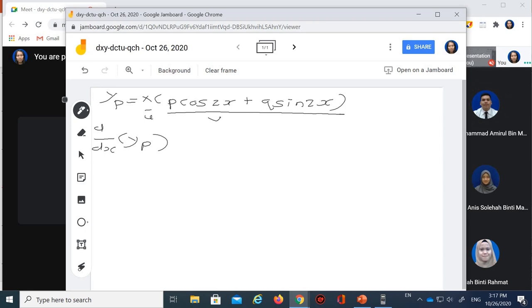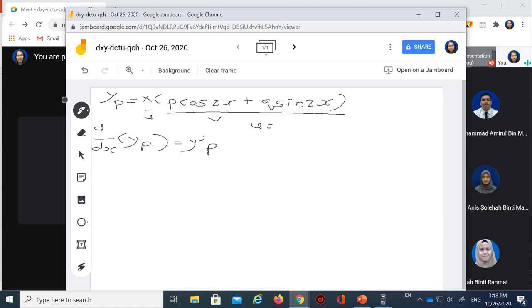To find y prime p, when you differentiate y p with respect to x, you have here product form, because u is a function of x, v is also a function of x. Then you need to do your differentiation using the product rule, where